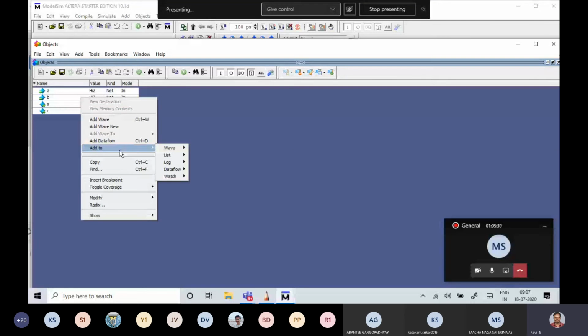Go to add to wave, selected signals. Select the input and output variables, whatever you want to display, and go to add to wave, selected signals. The variables will be moved to the waveform window: A, B, C, S, everything.